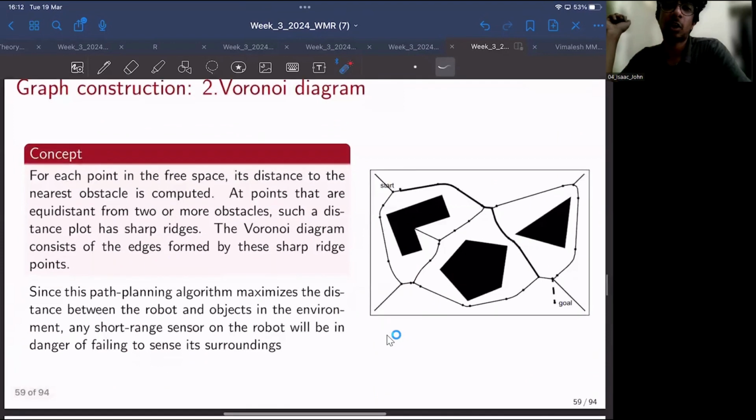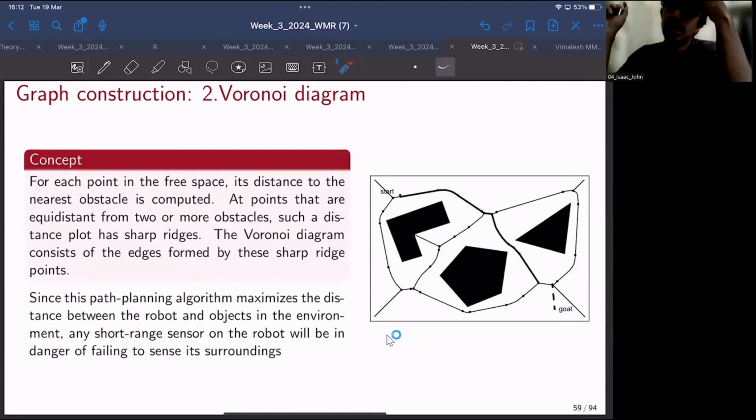The second method is called the Voronoi diagram. This is exactly opposite to what we have seen here. The robot will take a path that is as far as possible from the obstacles. If this is an obstacle, a boundary wall, and this is the boundary of another obstacle, the robot will try to maximize the distance from either of these two obstacles. So it will stay as far away from these obstacles as possible, and it will try to create a roadmap as such. The potential drawback of this method is that